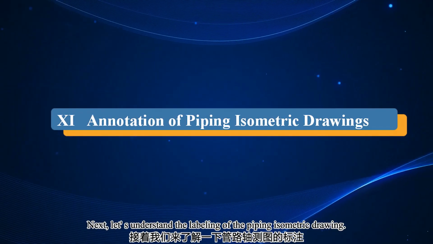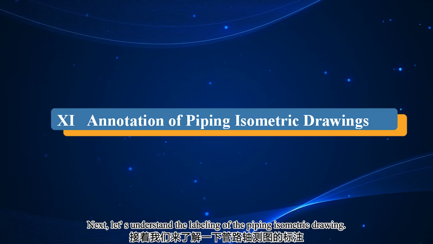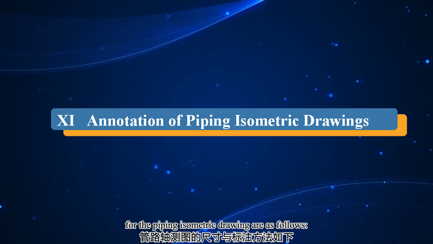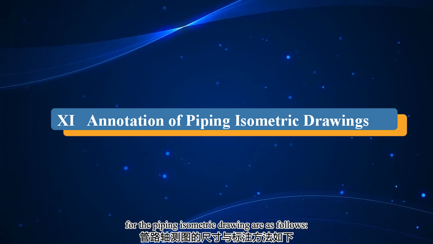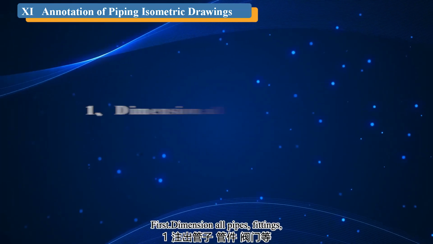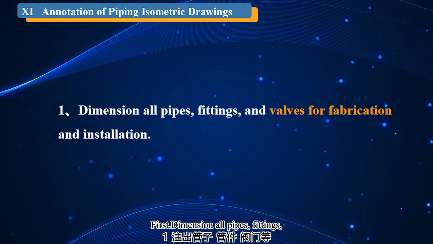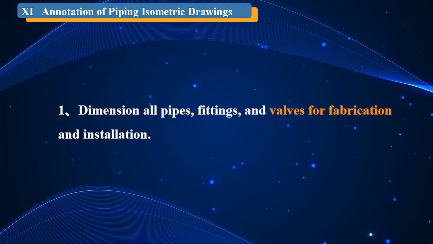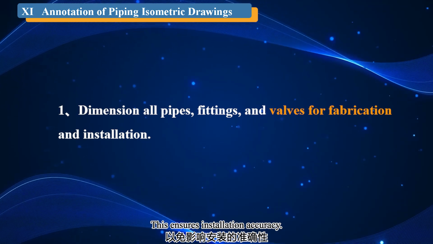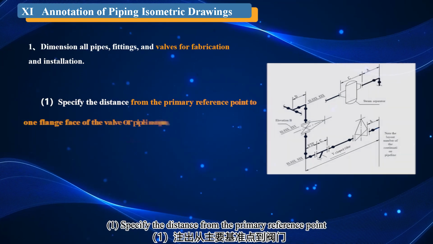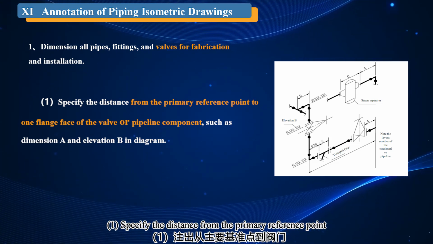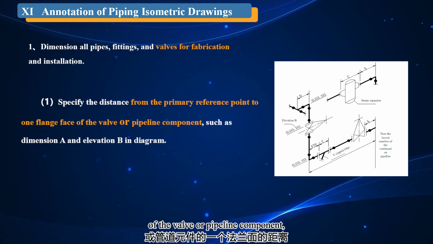Next, let's understand the labeling of the piping isometric drawing. The dimensions and labeling methods for the piping isometric drawing are as follows. First dimension, all pipes, fittings, and valves for fabrication and installation. This ensures installation accuracy. Firstly, specify the distance from the primary reference point to one flange face of the valve